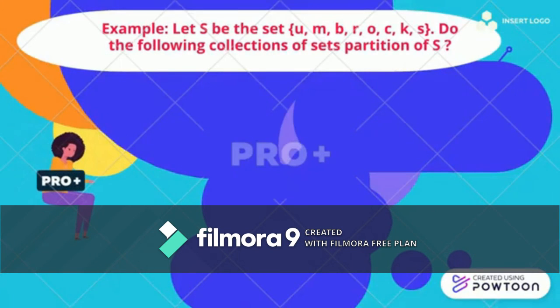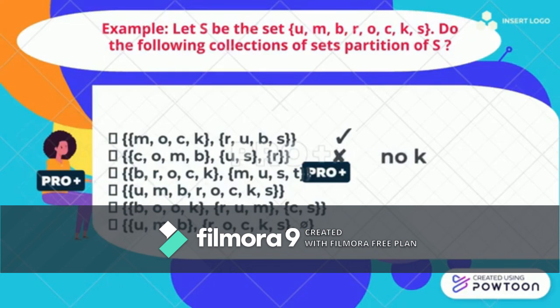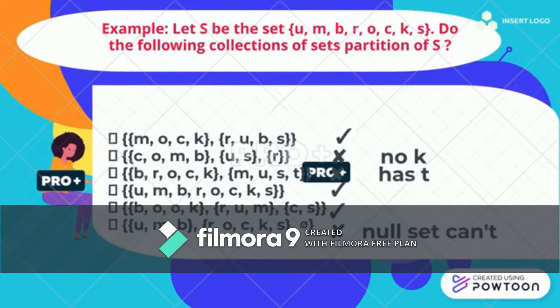Example, let S be the set as follows. Do the following collections of sets partition S? It's clear that number 2, number 3, and number 6 are